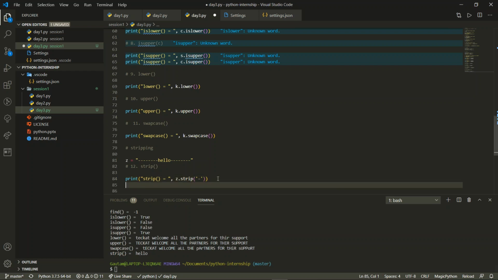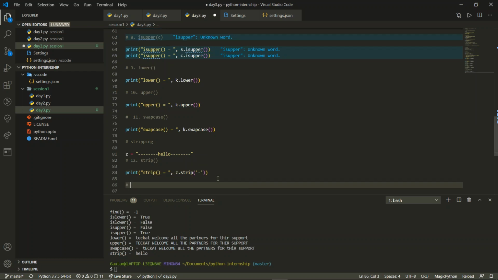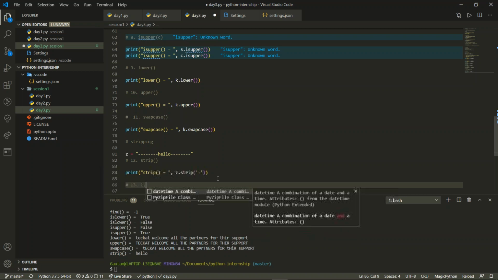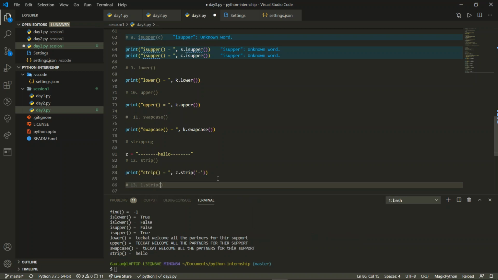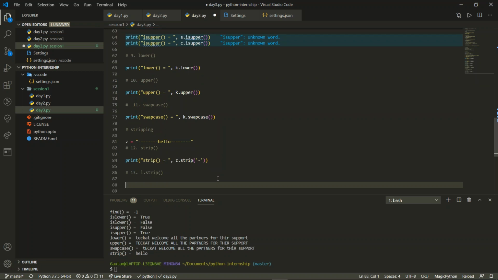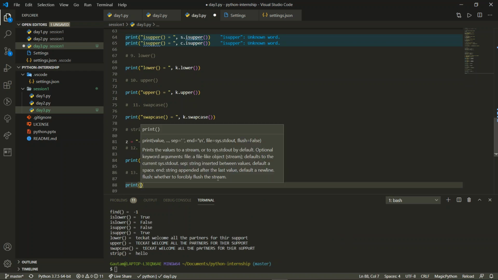Okay. Now we will have the 13th function, that is L strip. Now remembering all the functions is very difficult, but you should remember the application, that this should be done through this. That is very, very important.